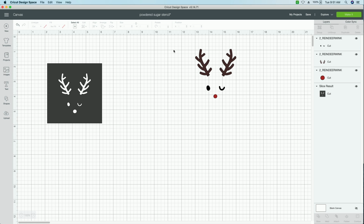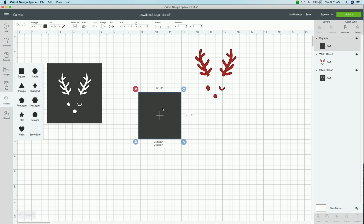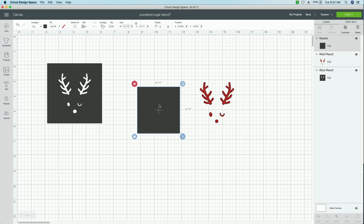So now what we're going to do is take all of these layers and weld them. Go to the bottom of your layers panel and click weld. Now, guys, you're going to grab a square. And this is important to size your brownies. Now, I know your brownies might be different sizes, but you want to be able to size your brownies. We know that our brownies are 3 inches, and our decal right here is a little over 3 inches. So what we're going to do is make this 2.5 inches wide. And since our brownie is 3 inches, we're actually going to make our stencil maybe like 3.5 inches, a little